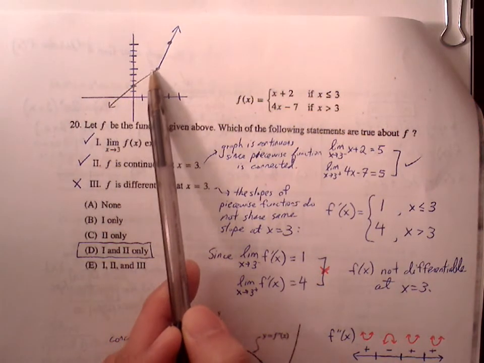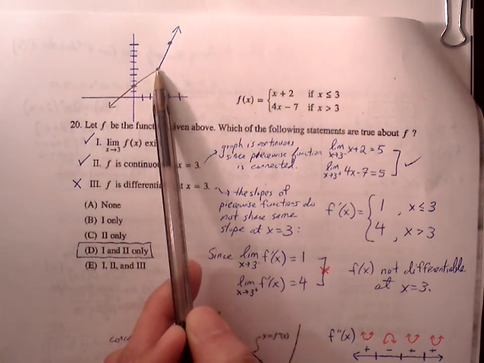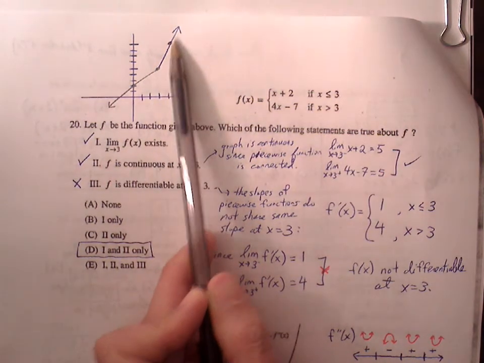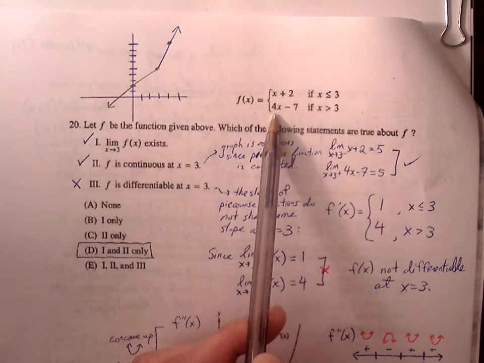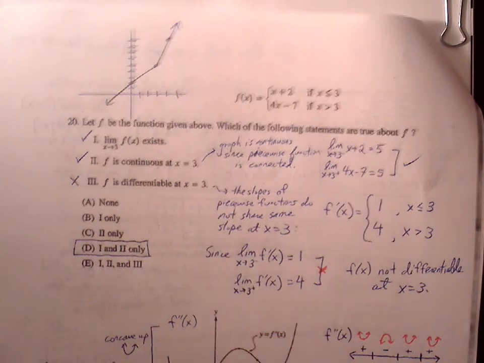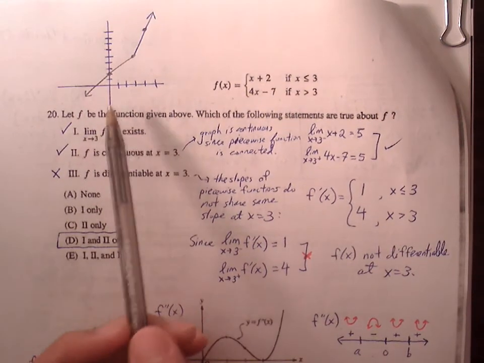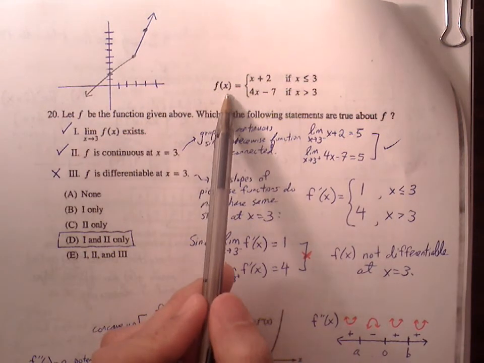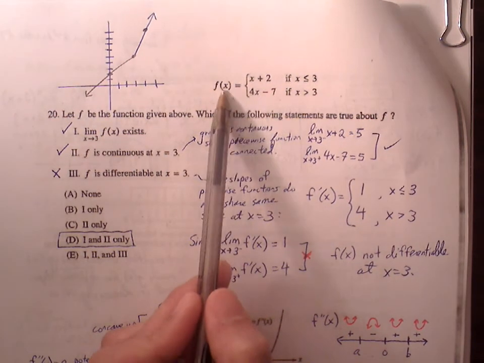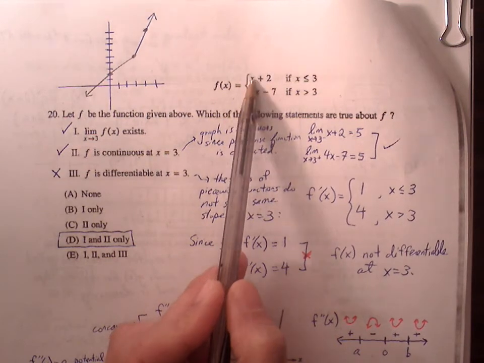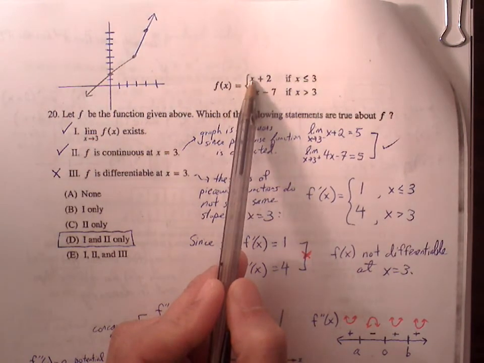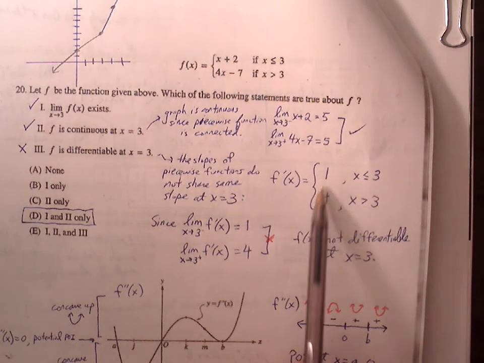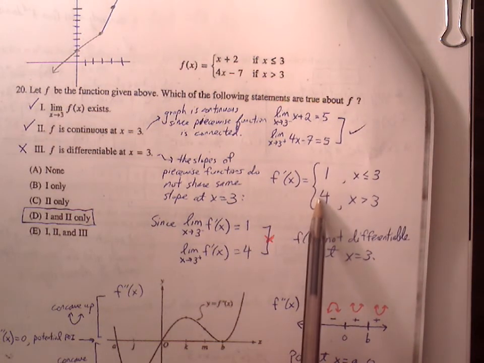Up until 3, there's a line that has a slope of 1. And then to the right of 3, we see that this has a slope of 4, right, mx plus b. So if there is a sudden shift in slope, it's no longer differentiable, it's a sharp turn. So we can also use the derivative to show that as well. If I find the derivative of both these functions, the derivative of x plus 2 is 1, the derivative of 4x minus 7 is 4. So we see that these don't agree. There's a sudden change in steepness from slope 1 to slope 4, so because of that, our function is not